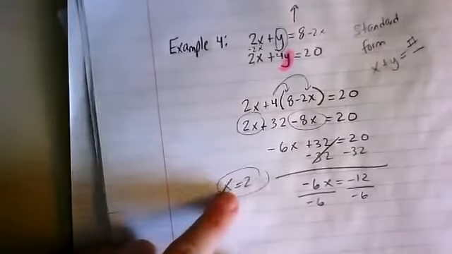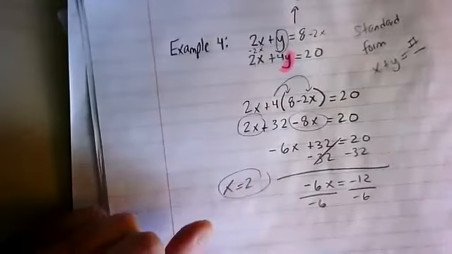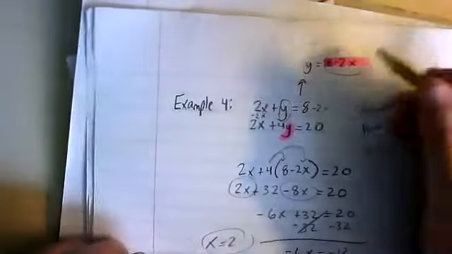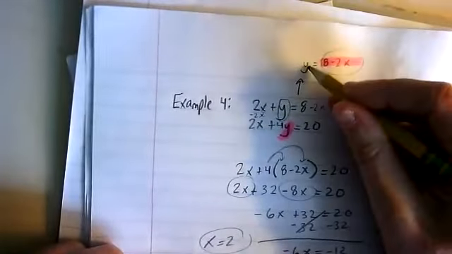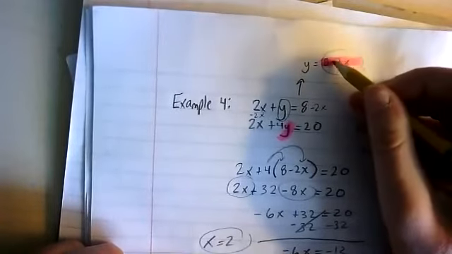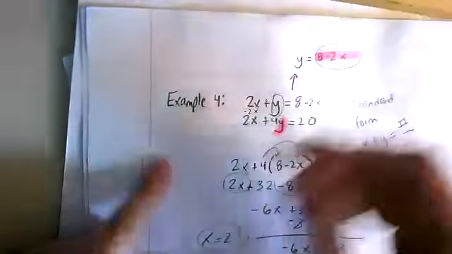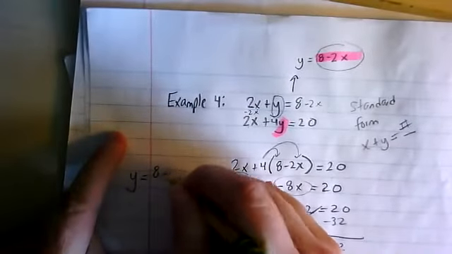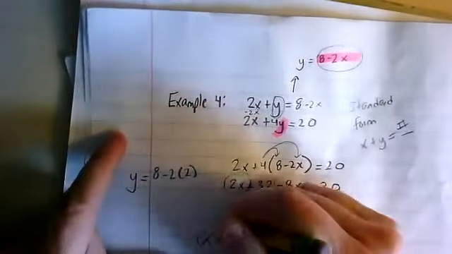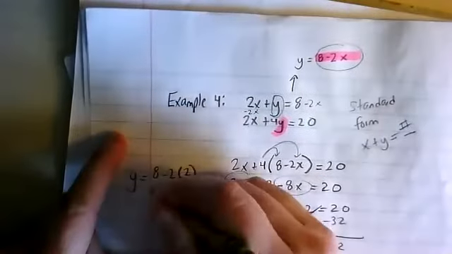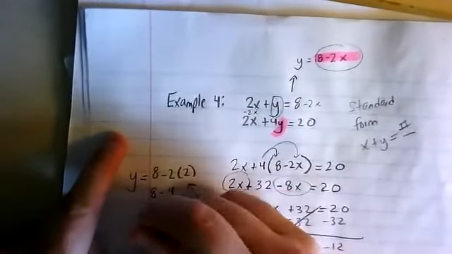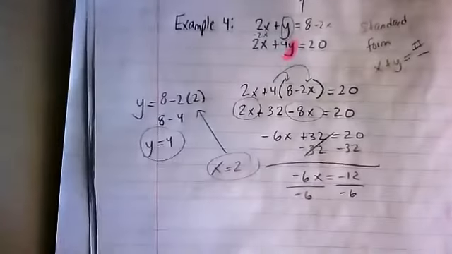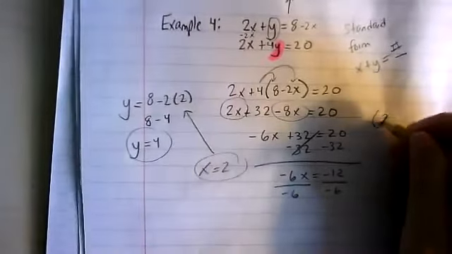And all I'll do is go back and take that positive 2 and plug it in for x in either equation. Now, it'd be a lot easier just to substitute it in for the equation we manipulated in the beginning, because y is by itself. So all I've got to do is 8 minus 2 times 2. So I'm going to do y is equal to 8 minus 2 times 2. I'm replacing that x with the number 2. So it'll be 8 minus 4, meaning y is equal to 4. So I'd write this coordinate point as just 2 comma